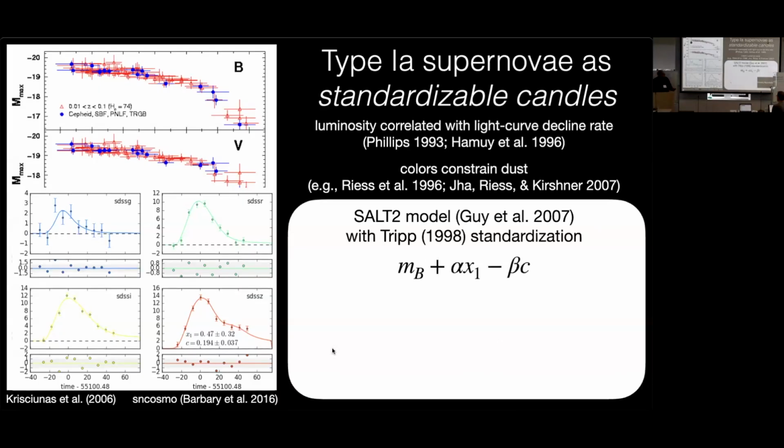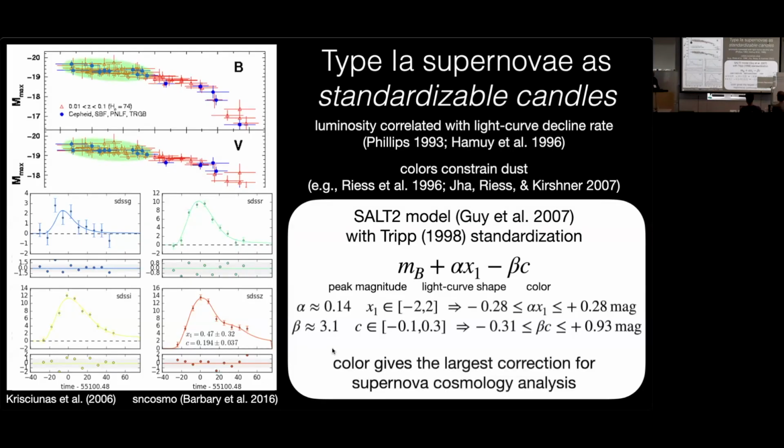Again, completely empirically. Modern versions of this use a light curve fitter. I wrote one a long time ago called MLCS2K2, but in modern times we use something called SALT2. It's a model for the light curves with a couple of parameters. One is something about the decline rate, called X1, and the other is something about the color of the supernova, called C. You take the peak magnitude in B band, multiply by a correction factor based on X1, and another correction factor based on the color. Whoever made the model used opposite signs for these, which is like the worst thing, but anyway, it always trips people up. You just apply that and then you get this